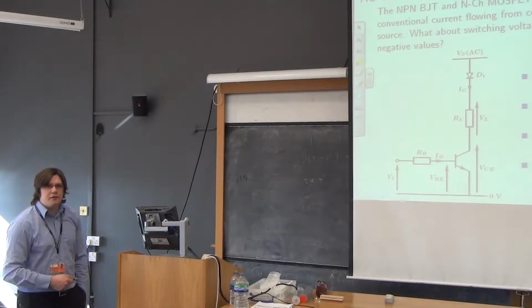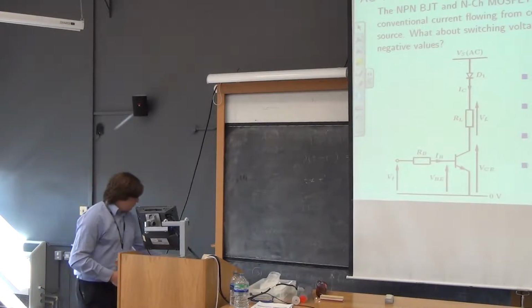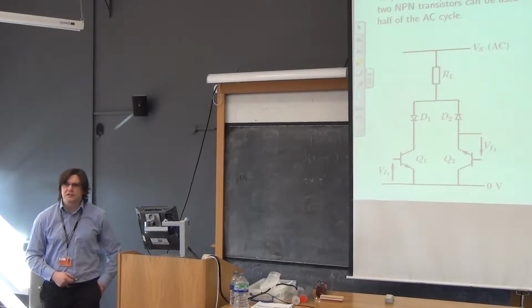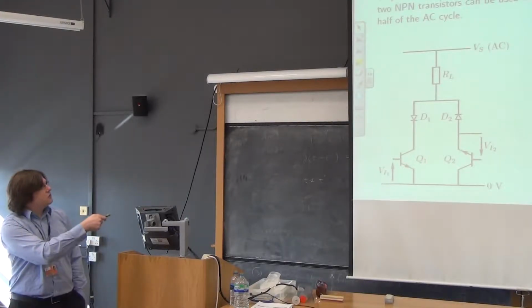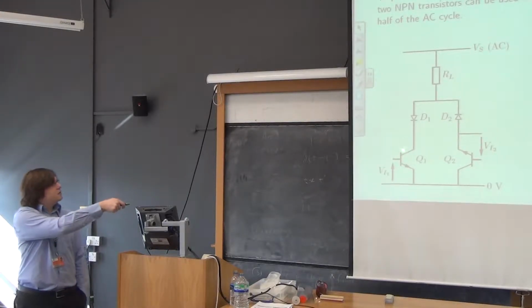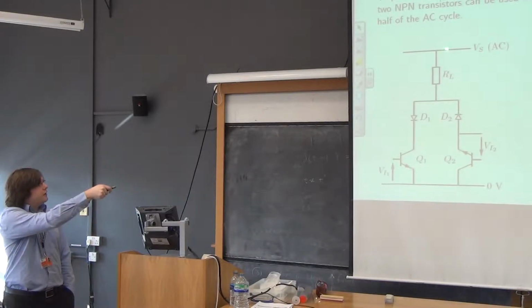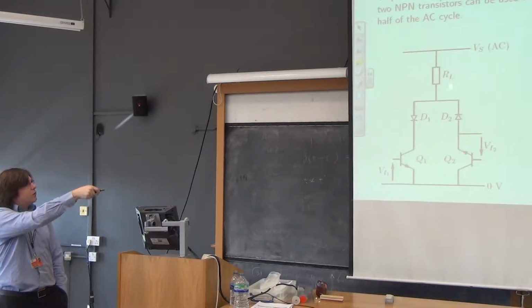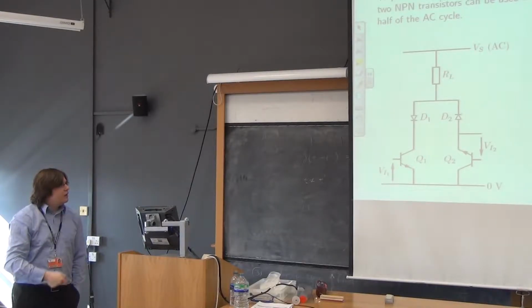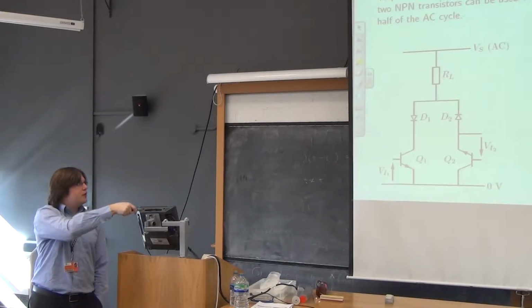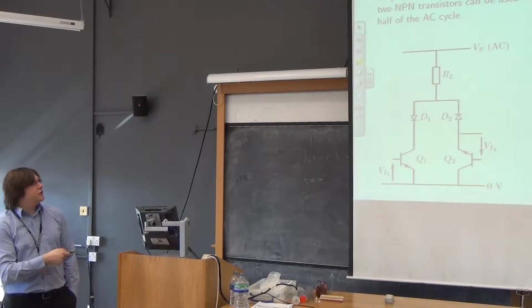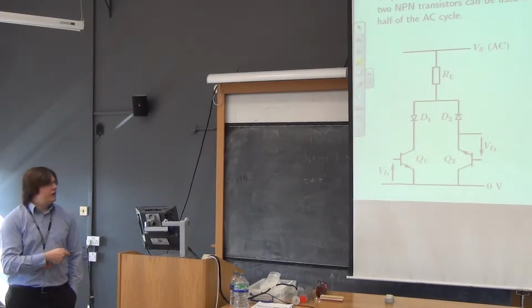So we can do a bit better than this. We could add another transistor. So no magic here, all that's happened is I've now got two diodes. So this bit, or rather that bit there, is the same as in the prior slide, except that I have now added a PNP transistor and D2, so that I will switch Q1 on in